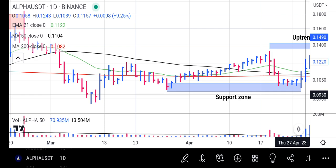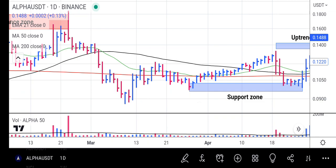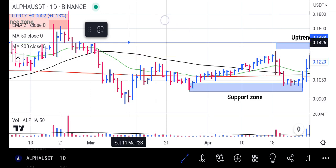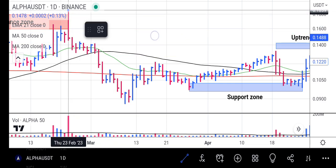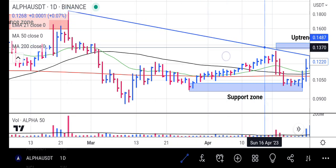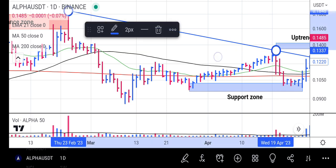Institutional traders are now loading their positions and Alpha is getting traction in an upward trend. Let me draw a trend line so we can see how Alpha is behaving in relation to its prior resistance zone. I'll connect the line from the first resistance peak to the peak here. So as